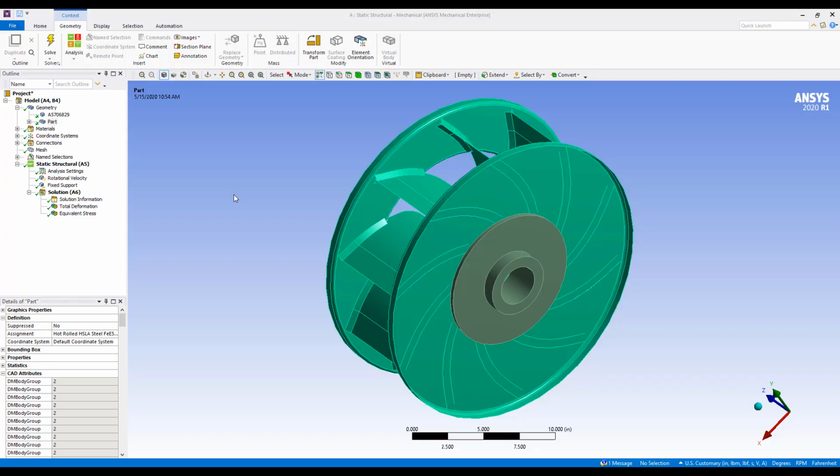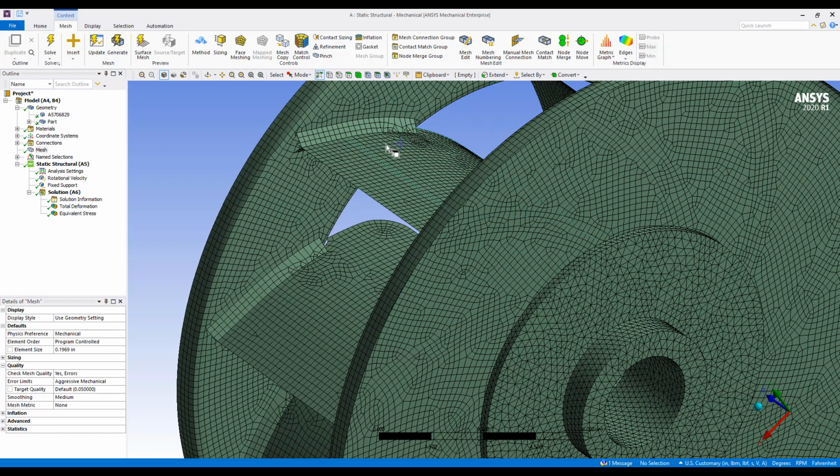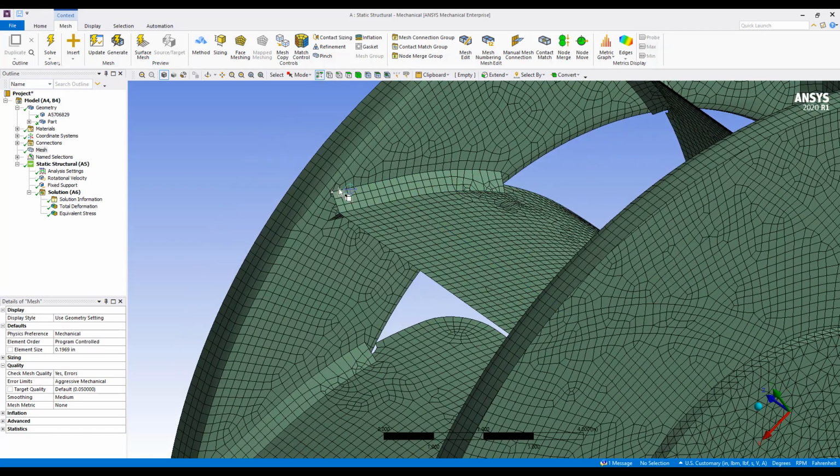Here we have our simplified geometry brought in from DesignModeler into Ansys Mechanical. We have a multi-body part defined for all of the surface bodies. This is going to be really great because we're going to get a conformal mesh, which is required for the nCode seam weld analysis at the fillet weld interfaces to the other bodies. Here's our mesh. If I zoom in here, you can see we've got a continuous, conformal mesh